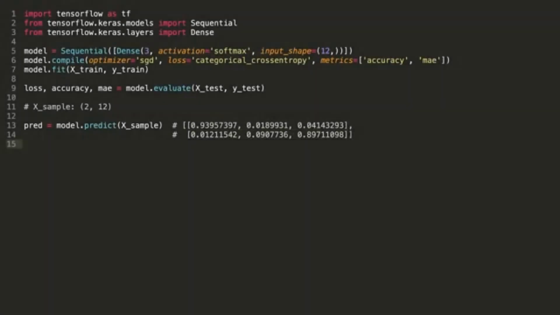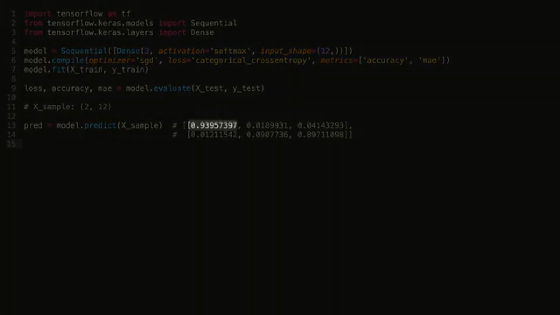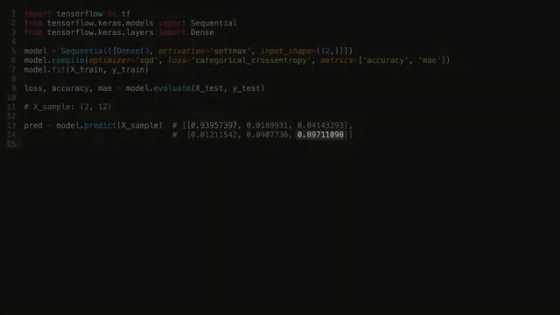The output layer is a softmax layer, remember? So each row is a set of output probabilities emitted by the softmax function. And you can see how they add up to 1 in each case. So here, it looks like the model is predicting class 1 for the first example and class 3 for the